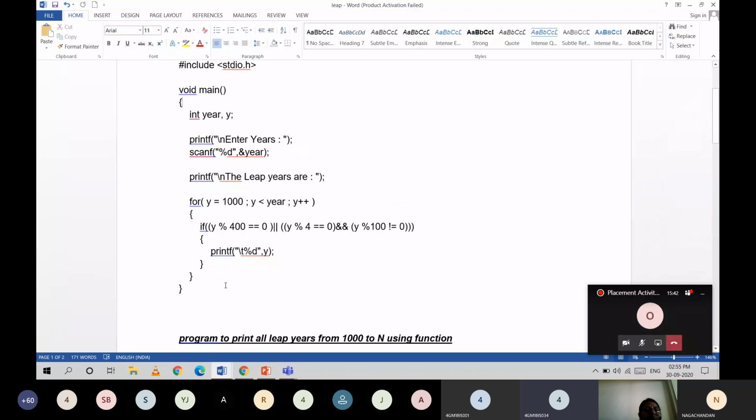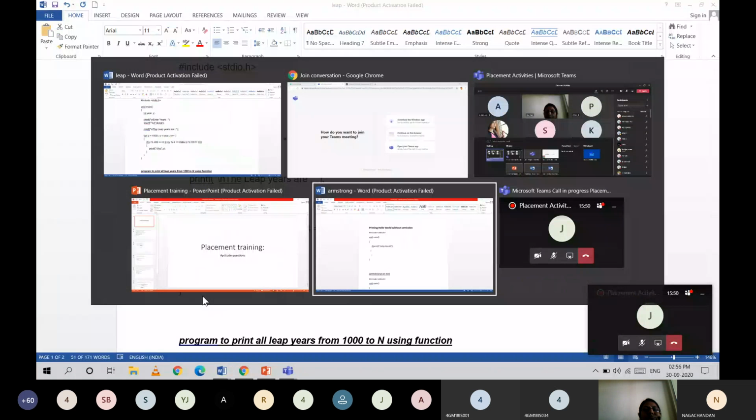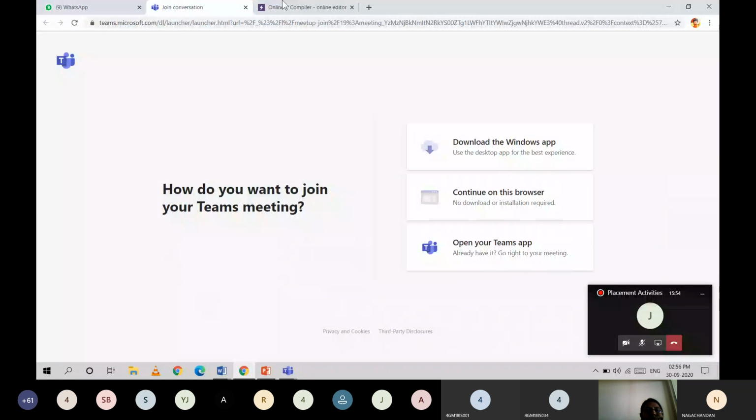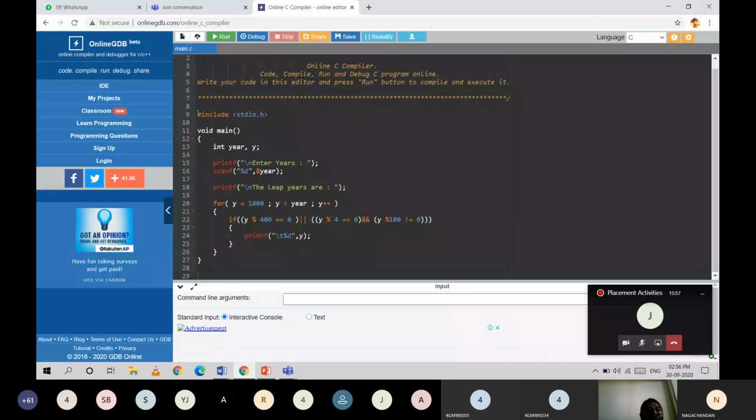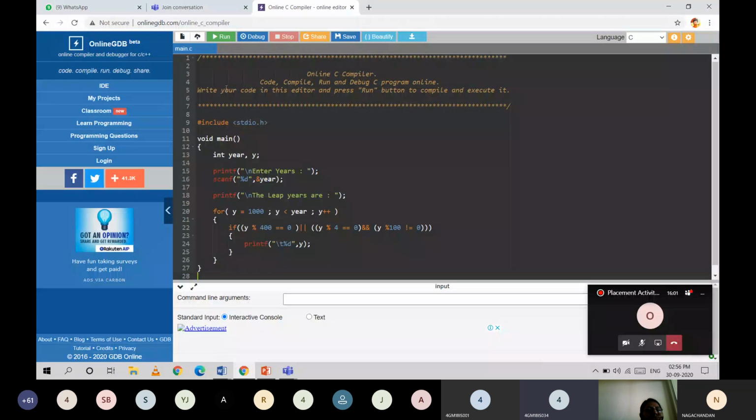Now I will show you how the output comes. Here in an online C compiler, I have pasted the program. And when we compile the program,